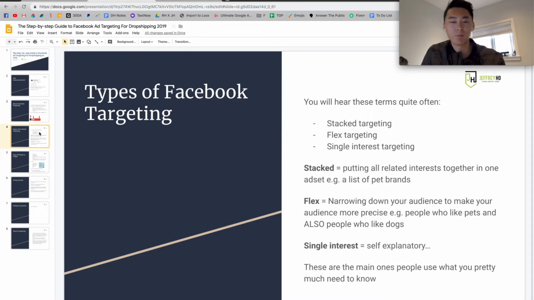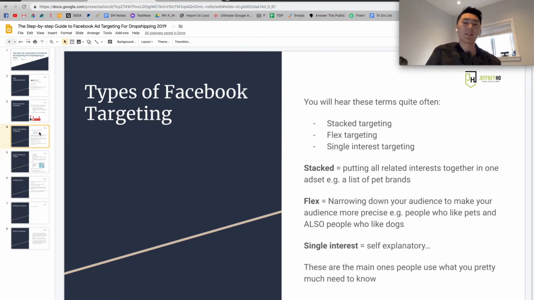That also applies to any other products. So if you're selling a necklace that has a dog in it, or some kind of dog related necklace, you would target necklace, the general term, and then narrow it down by dogs, or pugs. So that's going to be flex targeting. It makes it more laser focused. But the caveat to that is that sometimes the audience might be too small, so it might not be the best. So you really have to mess around with the audience size and your targeting first.